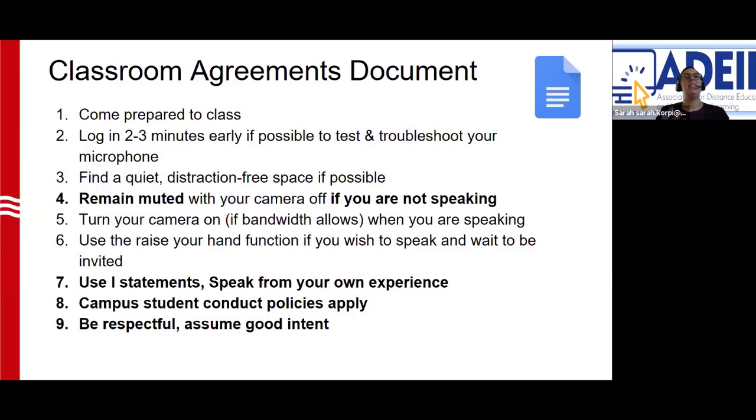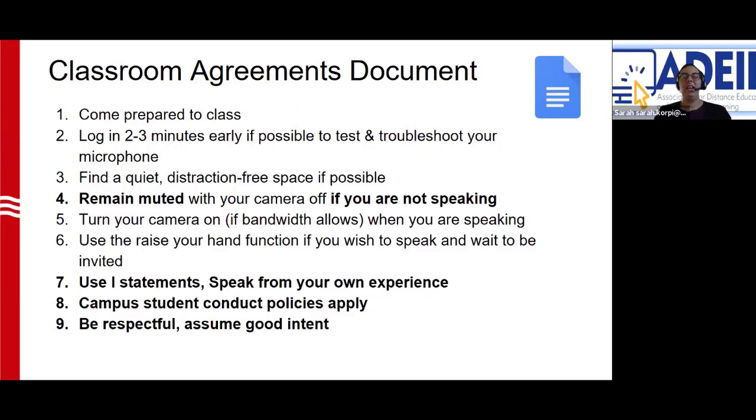A lot of these are really conversation and discussion based agreements, the ones that I found to be especially useful. And that is because it was a conversation class. So some of the topics that we were touching on were a bit challenging for some students. And so having those things stated in advance was important. The process that I suggest for creating a classroom agreements document is to brainstorm with the students and create the document together with the students in class.